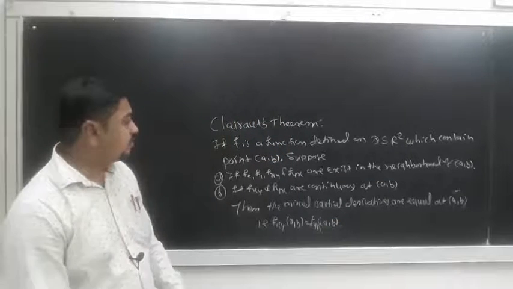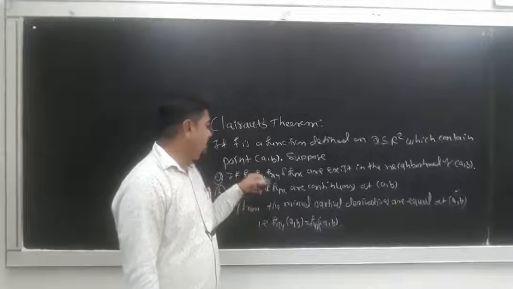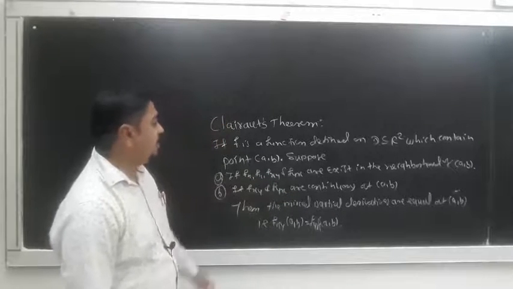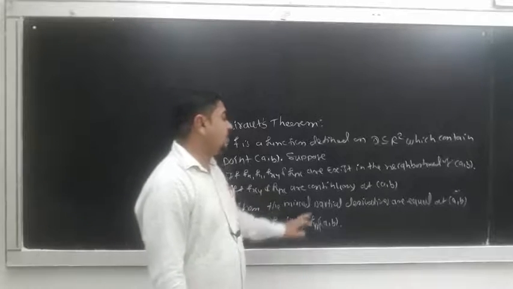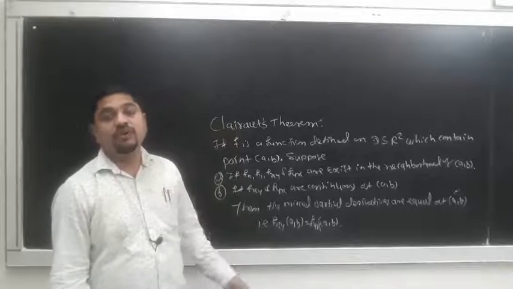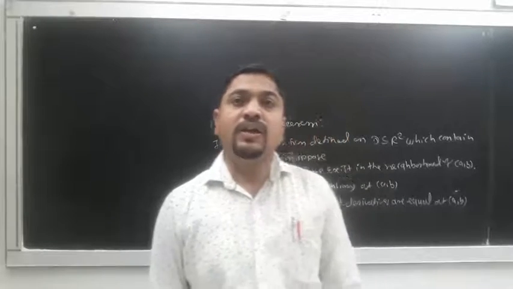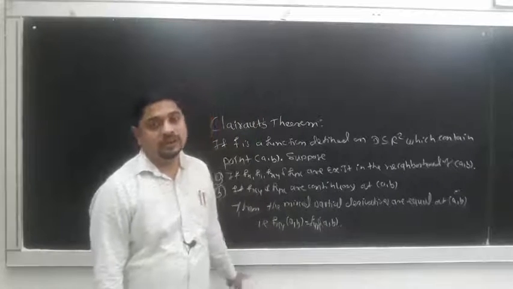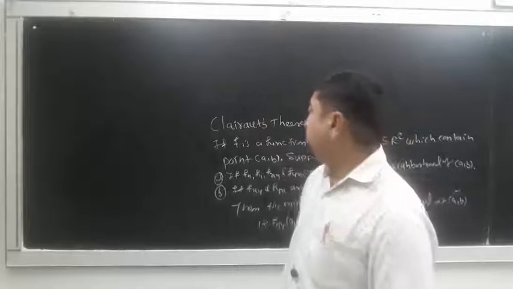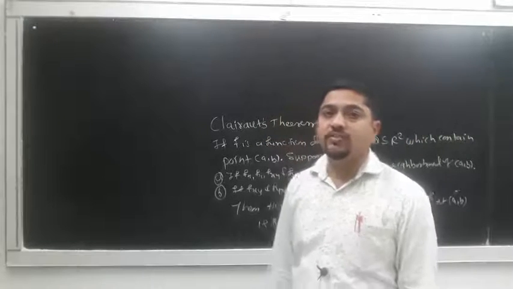That is, if f is any function on the domain D and the point (a, b) is in D, and fx, fy, fxy, fyx exist in some neighborhood of (a, b), and both mixed partial derivatives are continuous at (a, b), then we can say that fxy is equal to fyx. It is not for all; not every pair of mixed partial derivatives is equal, but if they are continuous at that point, then we can say that they are equal. Similarly, we can say that the Clairaut theorem holds